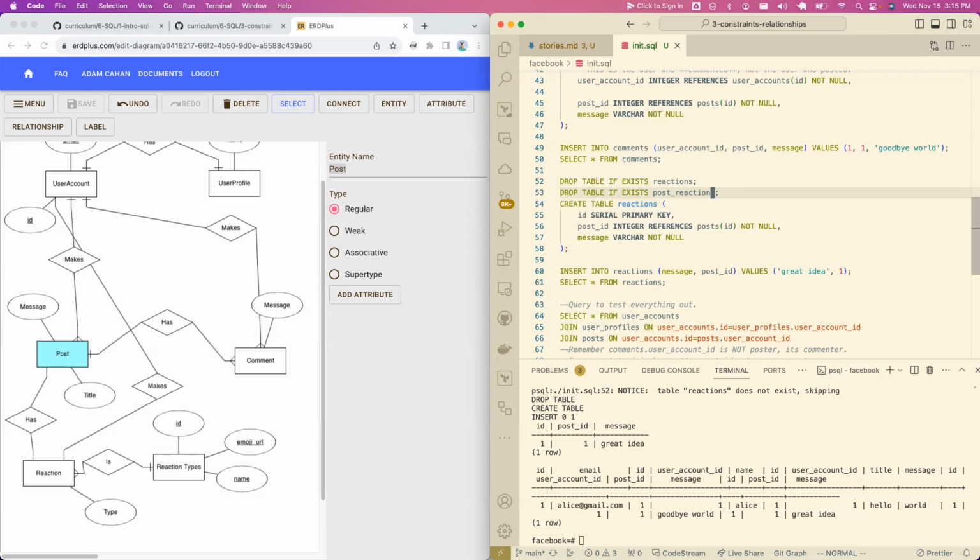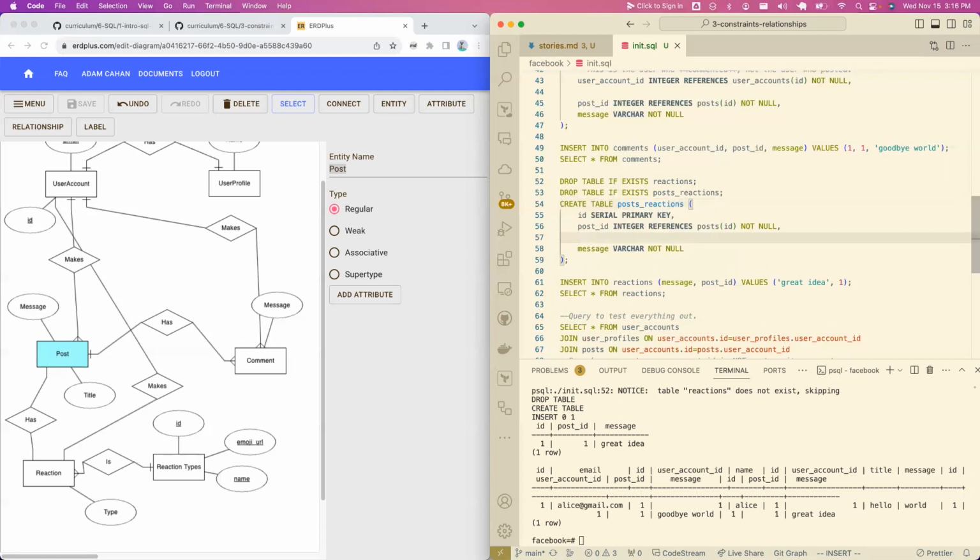Because I've done this before, I can refactor this a bit more easily. I'm leaving my old table name here. There's a whole system called migrations that you can use for refactoring stuff, but I want to dump the reactions table, and I'm going to rename this to, let's have it be posts. Yeah, posts reactions. And now